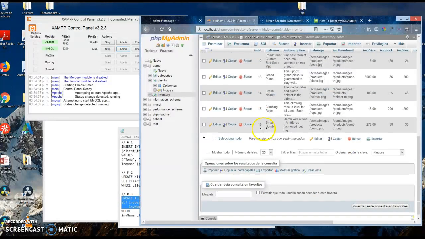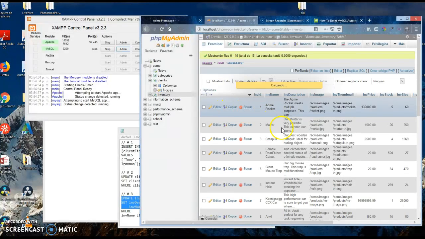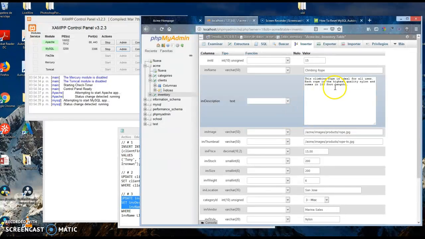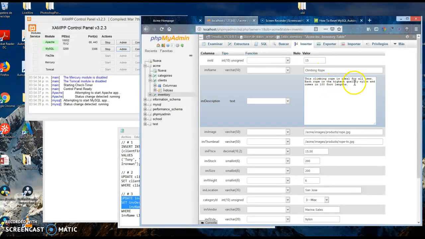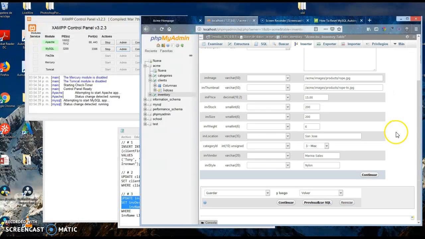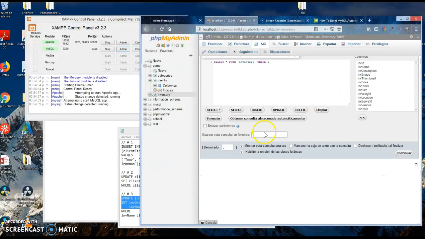Go to the number. Here is climbing rope and climbing rope, and go to edit to review all, and down here we find climbing rope, but nylon is here untouched, and this one. Okay, go to the SQL editor,